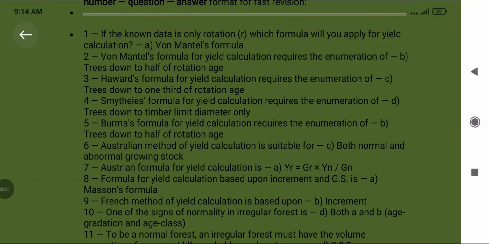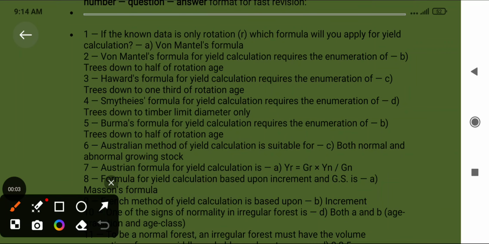If the known data is only rotation, the formula applied for yield calculation is the Bol-Mentor formula. The Bol-Mentor formula for yield calculation requires the enumeration of trees down to half of the rotation age, and the Howard formula for yield calculation requires the enumeration of trees down to one third of the rotation age, and